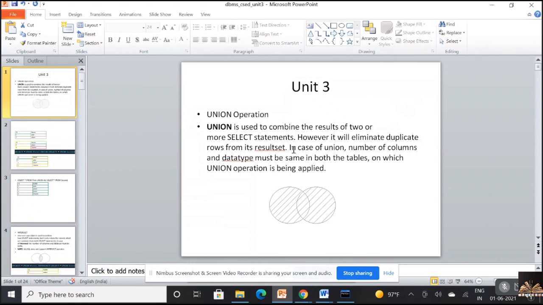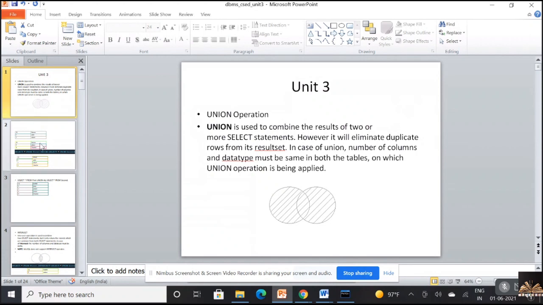And whenever you work with union, the number of columns and data types must be the same in both the tables on which the union is being applied. That is the condition for union to take place. If you want all the duplicates to be part of your result set, you're going to use union all.